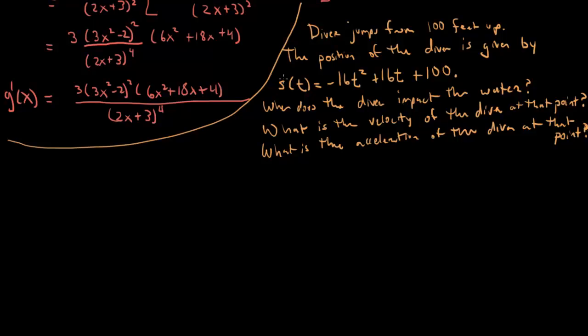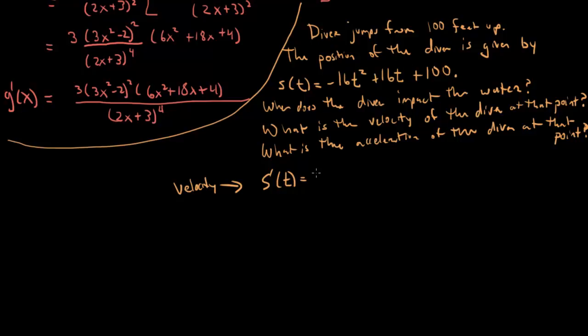Now, here's the thing. To get velocity, we take the first derivative of the position function. That'll give us a velocity function. To get the acceleration function, we take the derivative of the velocity function. So s prime of t is the velocity function. Okay, let's see what that is. This is a polynomial. Let's take the derivative of each of those terms individually. According to the sum and difference rule, we can take the derivative of each term